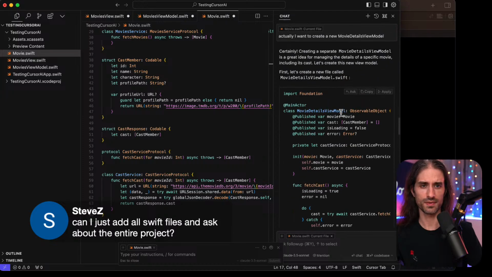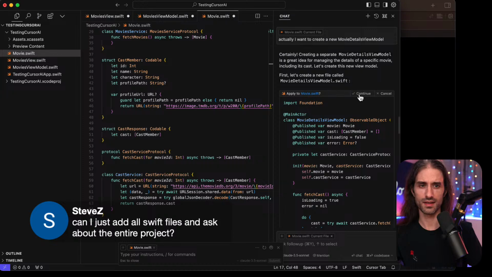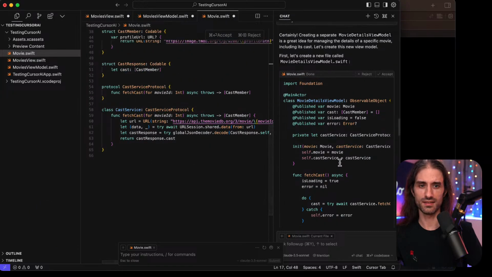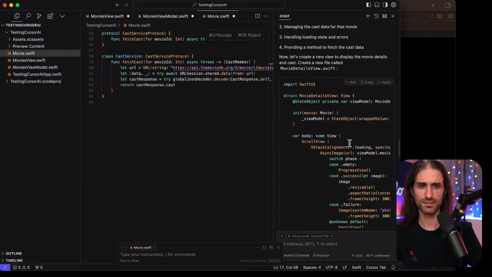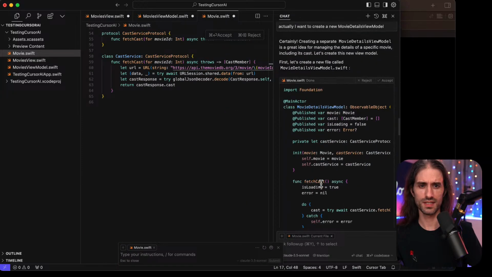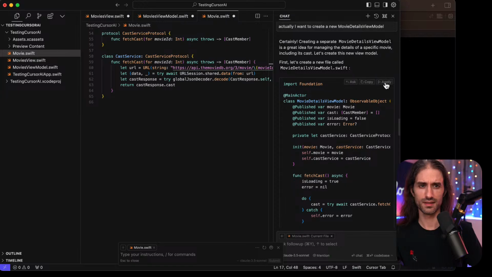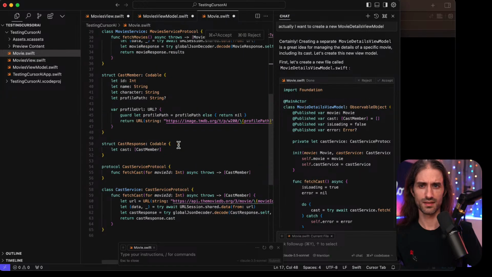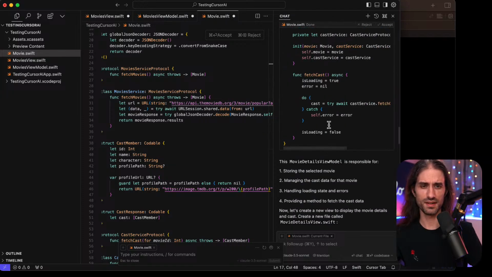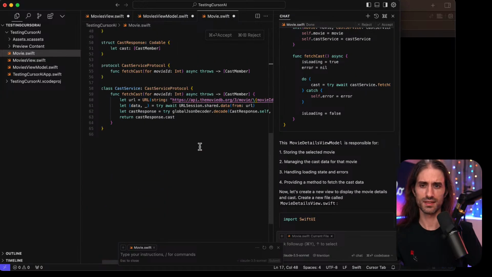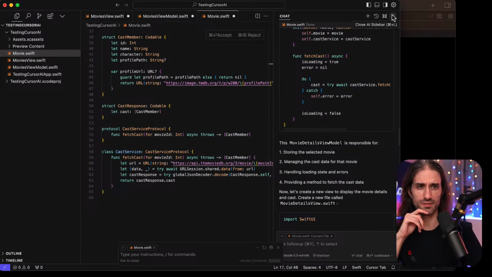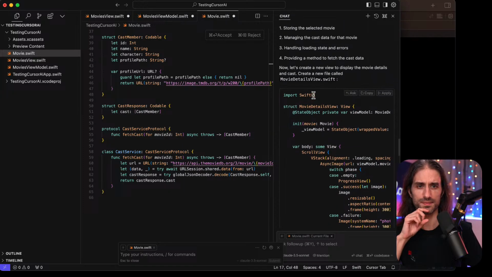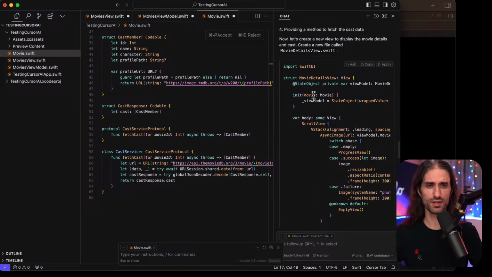So here they say that you can add, so they added this code here, and then what did they do here? So they are adding this, but then there is the view model and this one. Yeah, this one here. I guess the code is good, but I'm less a fan of the workflow, because since it cannot create the files for you, it's not the most